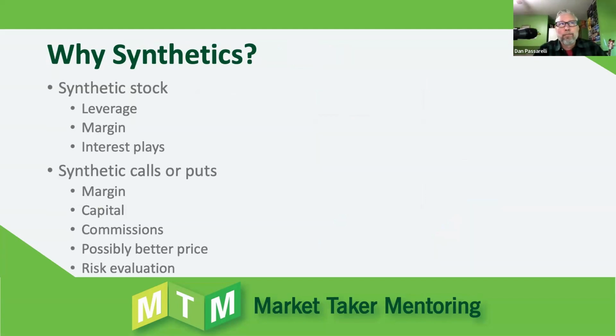Okay, so why do we care about these things? Well, for lots of reasons, because you can trade better. You can make better trading decisions with synthetic stock, long or short. We can get much greater leverage. If you buy a stock on margin, how much do you have to pay? Buying stock on margin means you're borrowing up to 50% of the value of the stock. But it depends on your broker and the clearing firm.